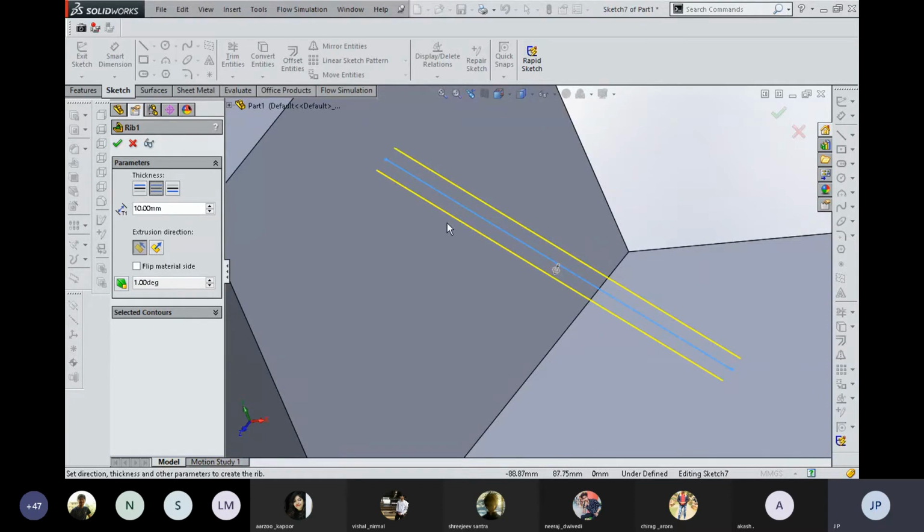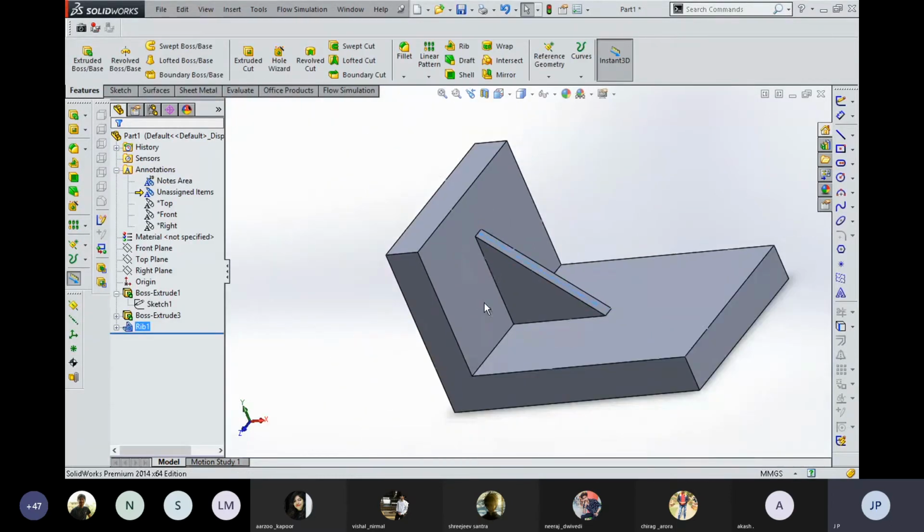You can also flip the direction of material. Right now the material is going to be added on the inside of these two things. So after editing you can see that the rib is added. In such a manner, whenever we have to create an L type of structure, we need a support in between the two plates. So with the help of the rib feature, we are going to support this component with this rib tool. Okay, now I leave the draft tool for later, because I need another component for creating a draft.